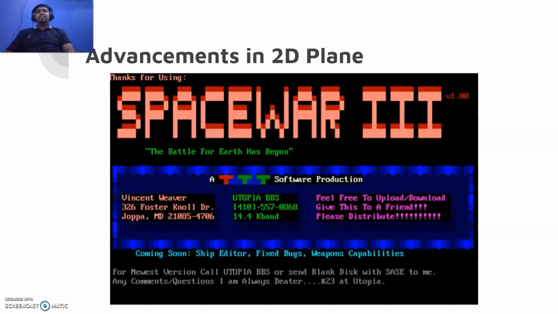Now you can see again the advancements. In this case you can see Space War 3, 3 in Roman. You can see it's giving you a 3D effect, but actually it's an illusion. You can clearly see that it is just the color difference. You have a lighter shade over here and a darker shade over here. This darker shade is helping you understand that there's a depth associated with this. It looks like 3D, kind of like a shadow. So this effect comes with the help of illusion, but it is nothing but a 2D plane. So these were the advancements.